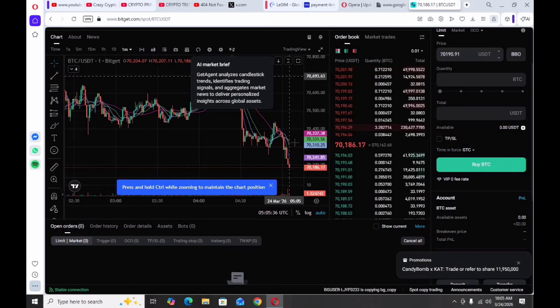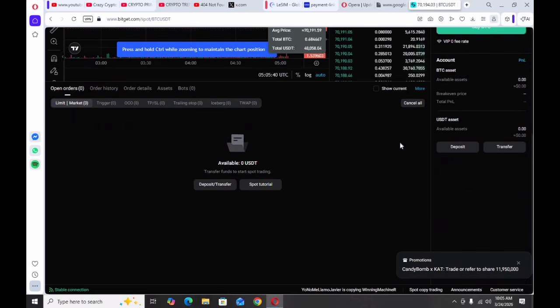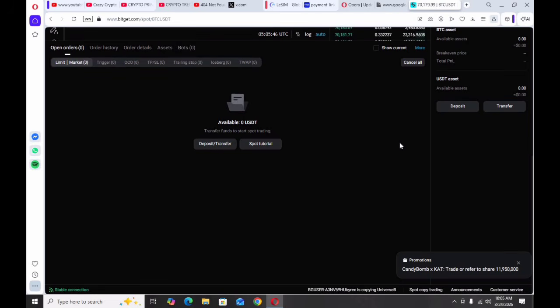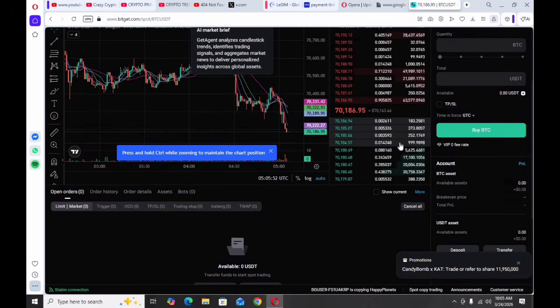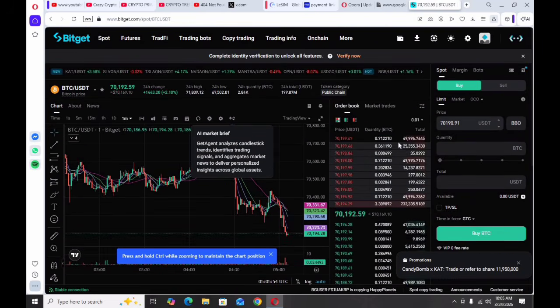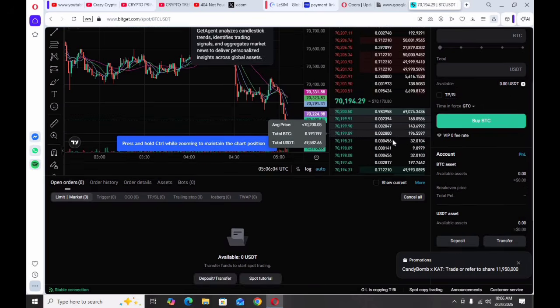Don't trust guaranteed profits. If there are things like 100% profit, no-risk trading, or daily fixed income, these are red flags. Crypto always involves risk. No one can guarantee profits. Be careful with copy trading. BitGet offers copy trading, but past performance doesn't guarantee future results. Even expert traders lose sometimes. Don't blindly copy, and monitor traders.